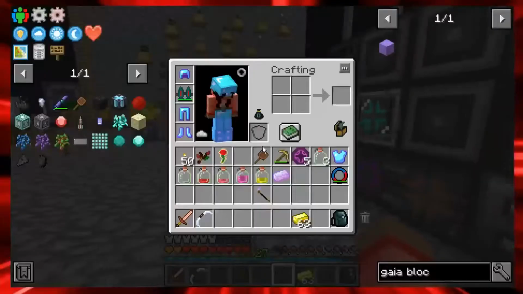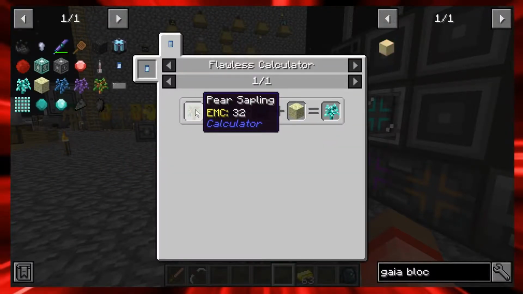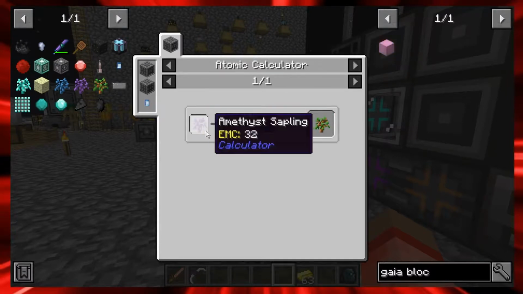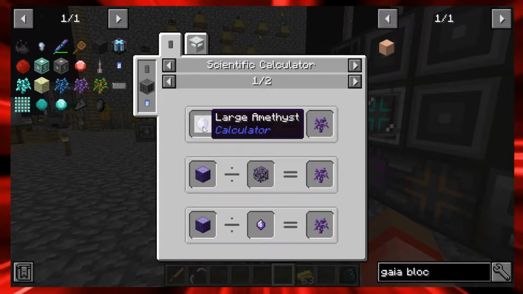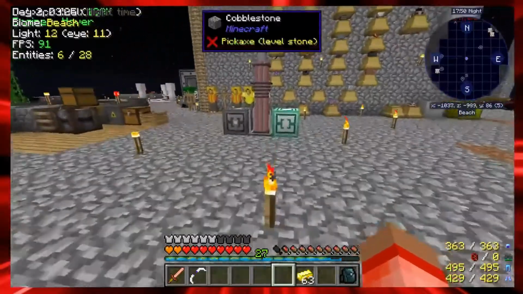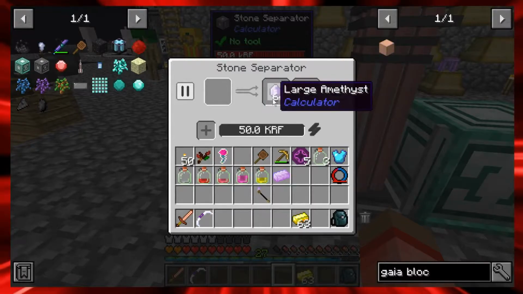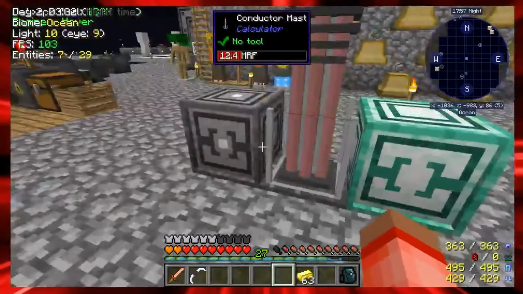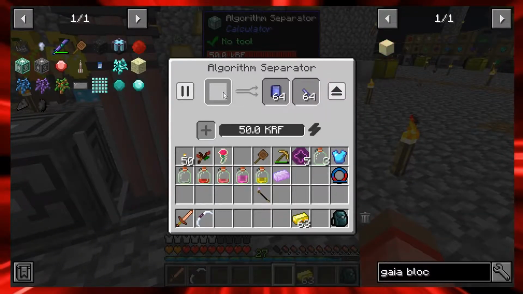We also, last time, were working on the diamond saplings. Just to remind you guys of the recipe of the diamond saplings, I still have it saved here. It requires a pearl sapling, which requires amethyst and tanzanite sapling. All of those require amethyst and tanzanite, which are made in the separators. You just put lapis blocks in the stone separator and it gives you the amethyst, and in the algorithm separator you put in lapis blocks and it gives you the tanzanite, which is what we're going to use